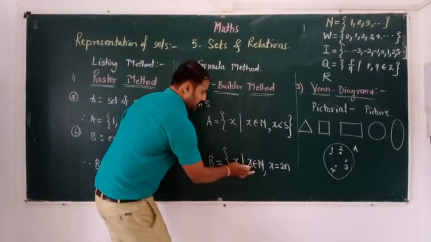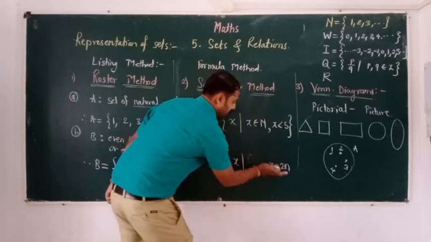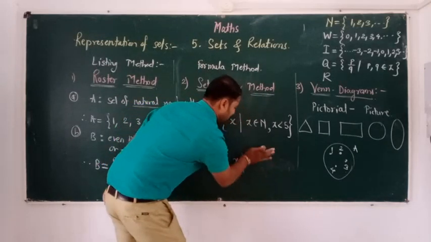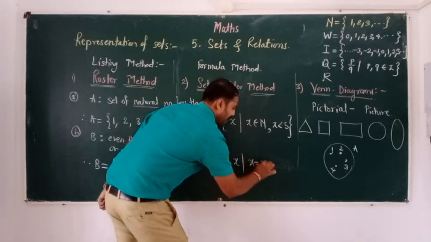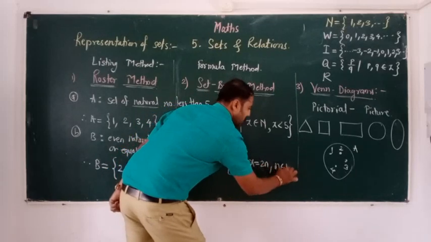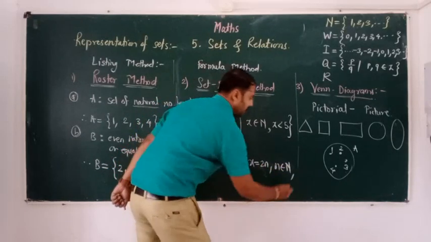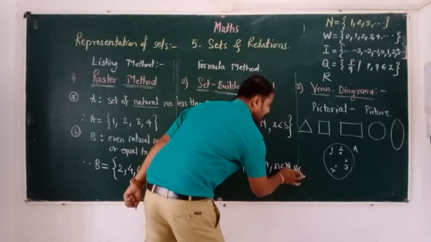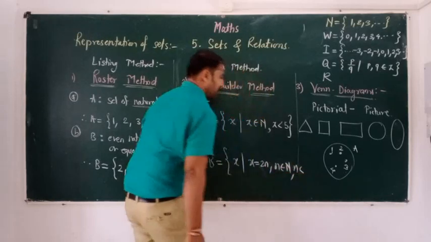All x such that x is equal to 2n, and n belongs to capital N. And here is the condition: n is less than